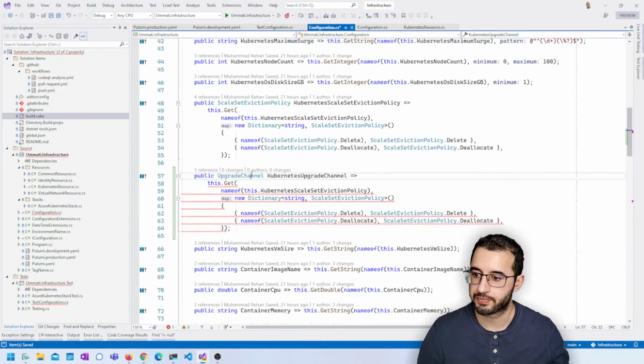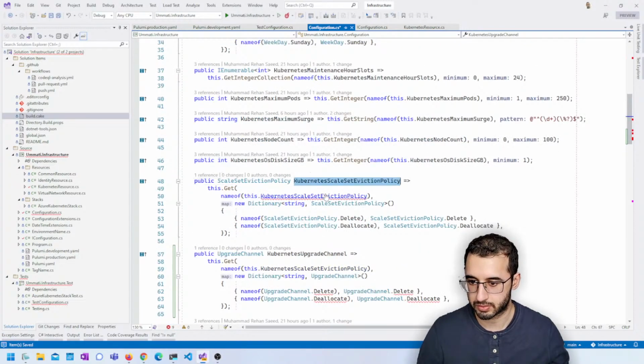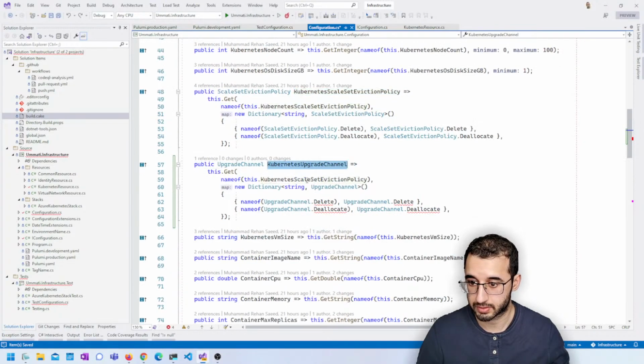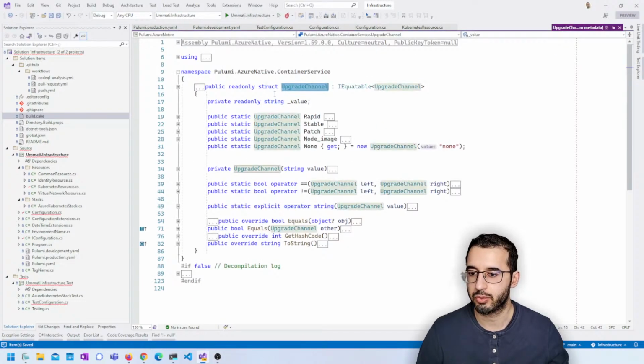is, you'll see in a second, oops, what did I do? Cool. So what this does is, if you look at upgrade channel, I thought it would be an enum, but